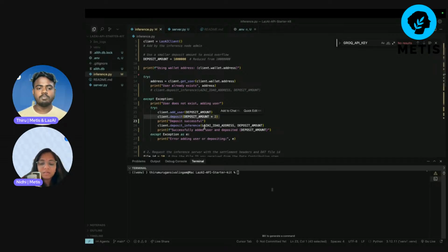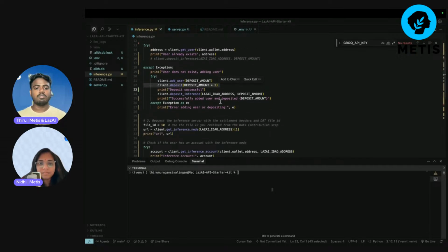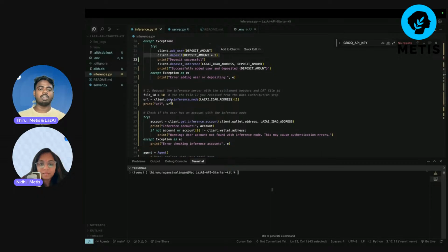And here comes the deposit inference function. This is unique for each transaction. So whenever you do an inference, you pay a deposit inference fee. It's more like a service fee or a query fee for inference. So this is the exception. If all of them fail or something happens, it will throw the exception. And the file id 10 is something I contributed some time ago. It is regarding a particular epic fictional content, so that we can query through this using